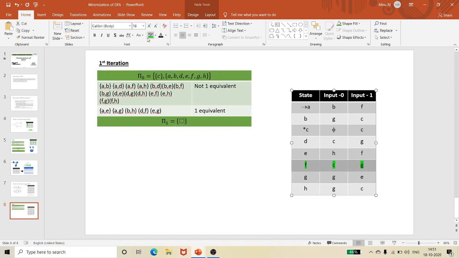Now let me compare the next one, that is my G. With respect to G, you can see that G and E all belong to one set, but here I have a C, so nothing is going to be equivalent. So G and H is not going to be equivalent. So now these are all not equivalent.